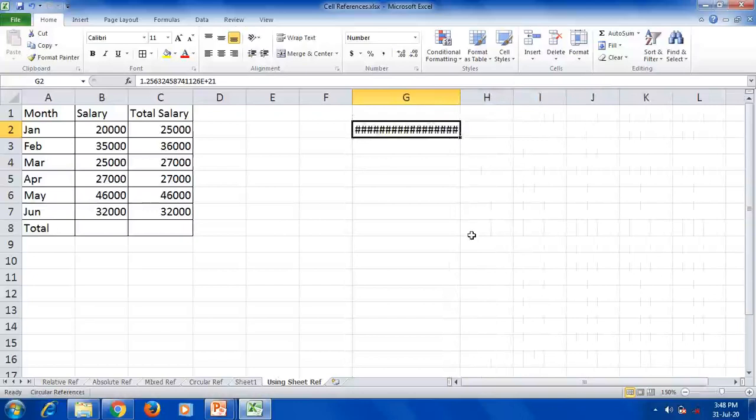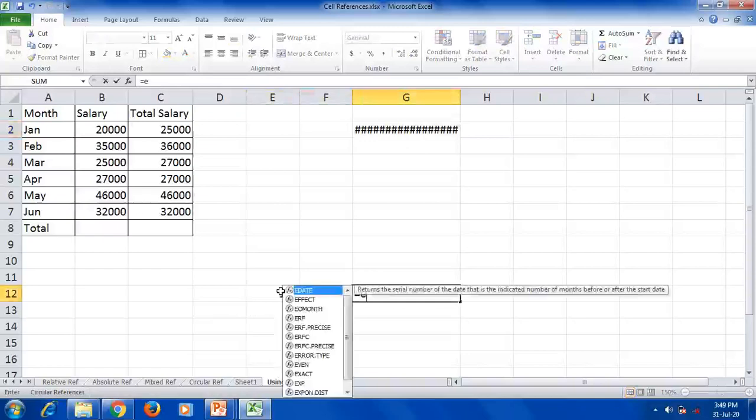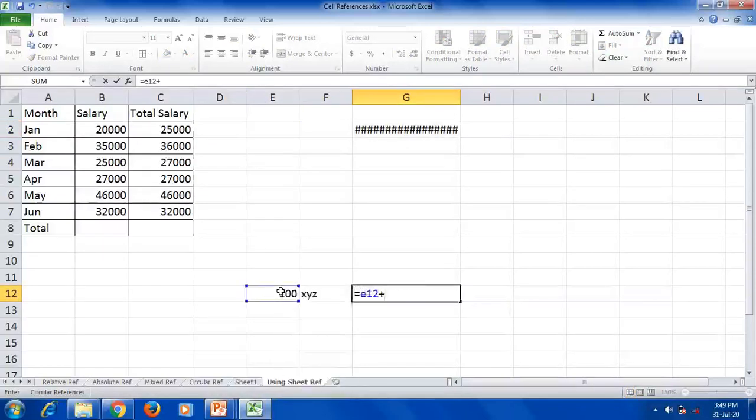Second one is value error. What is given in the definition? If your formula contains invalid data, in that case you are going to get the error. For example, I will enter 100 here and here I will enter XYZ and I will make addition: E12 plus F12.